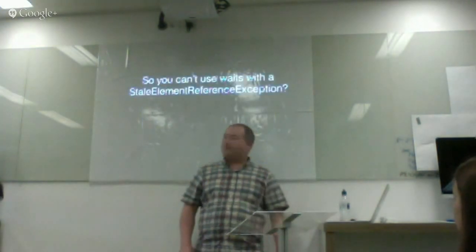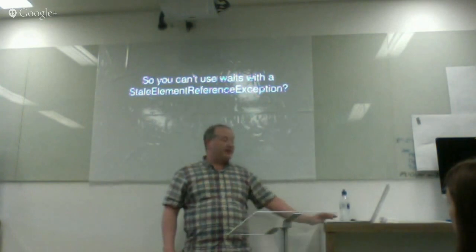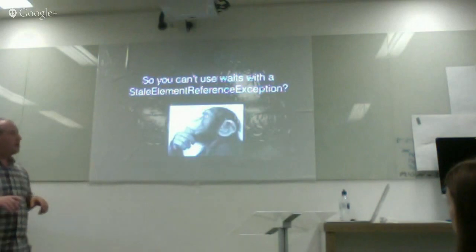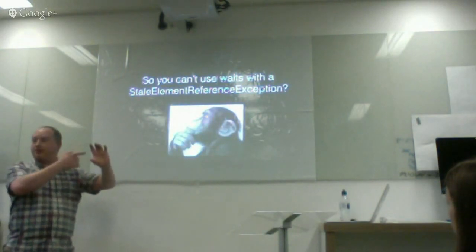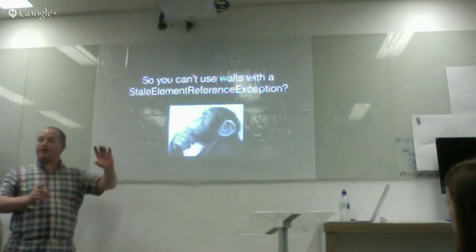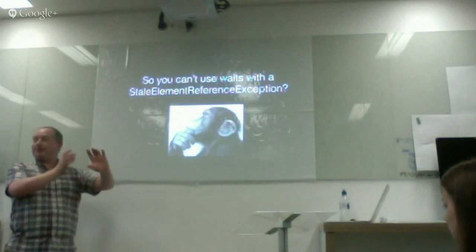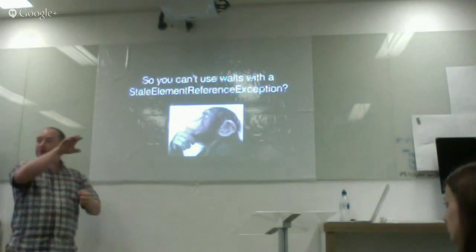So I basically said that you can't use waits for stale element reference exceptions. Is that entirely true? Well, not quite. If you know that you've got an element in your DOM and it's going to get destroyed at some point, you could set an explicit wait that waits for that web element to become stale. When that web element becomes stale,